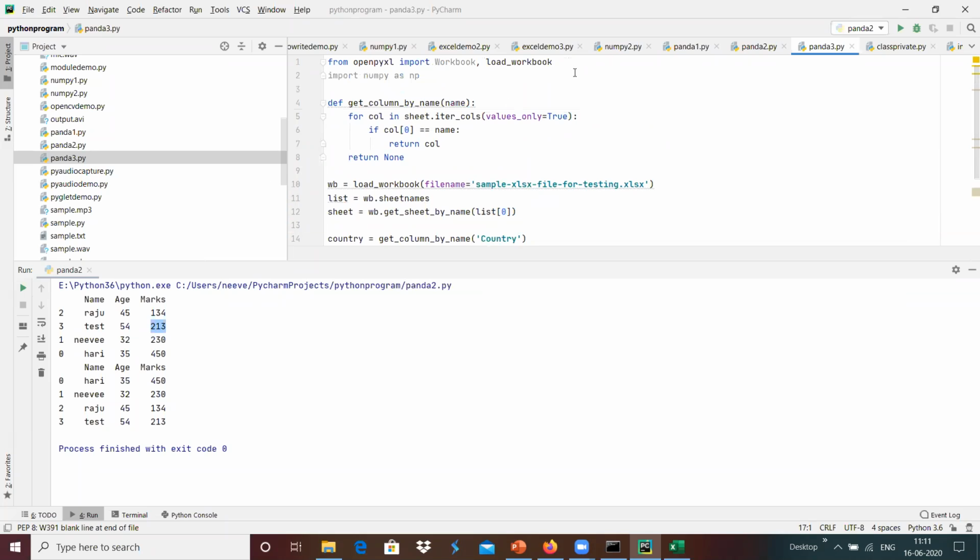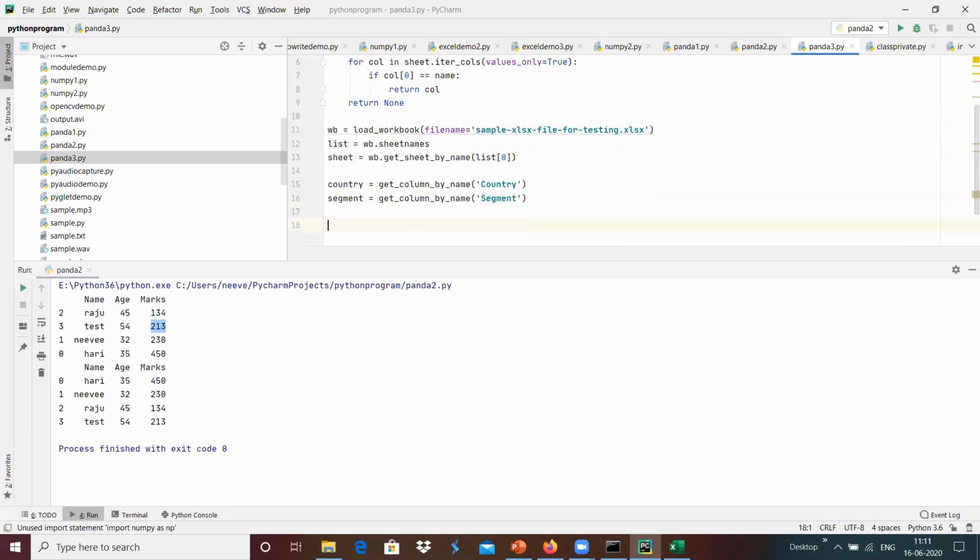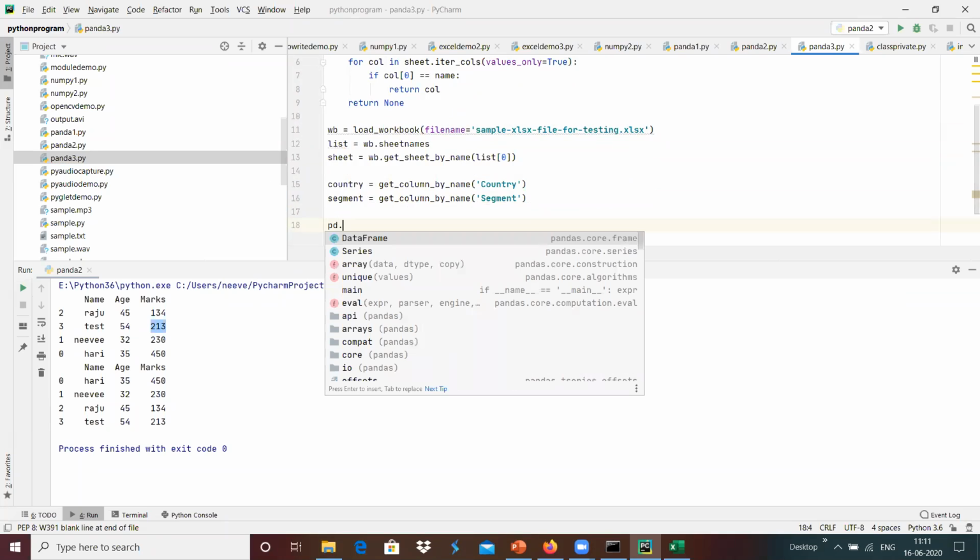We can add import pandas as pd over here, then pd.DataFrame, to which we need to add data, and that we can use to create a data frame.